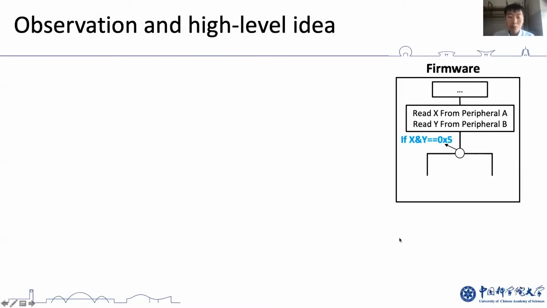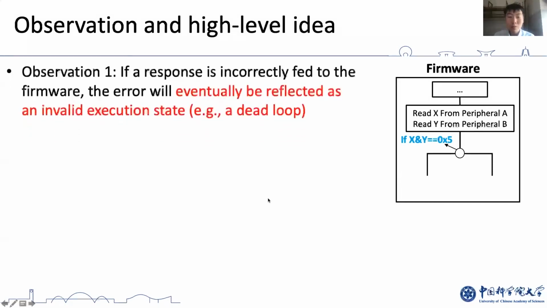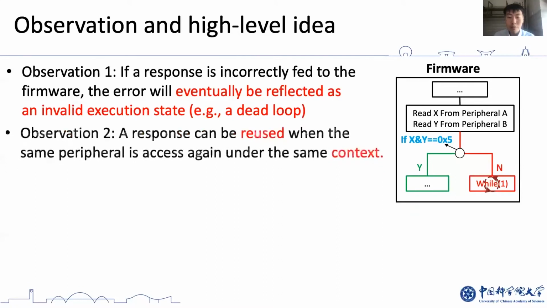Our approach is based on two key observations of peripheral usage. First, we found that if we feed the wrong response to the firmware, the error will be reflected as an invalid execution state, like an invalid loop. Also, the invalid execution state is directly reflected in an invalid path. As shown in the figure, the red path should be an invalid path, and the green path is the correct one. Second, we also found a response can be reused when the same peripheral is accessed again under the same